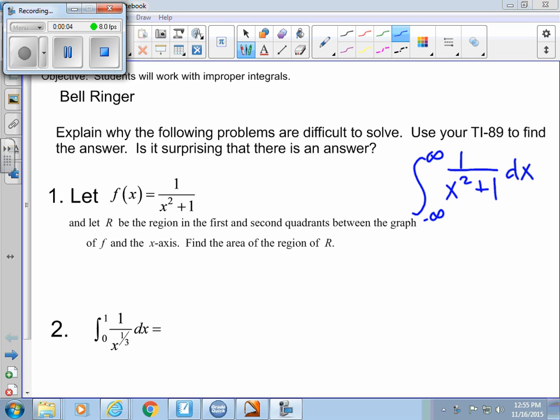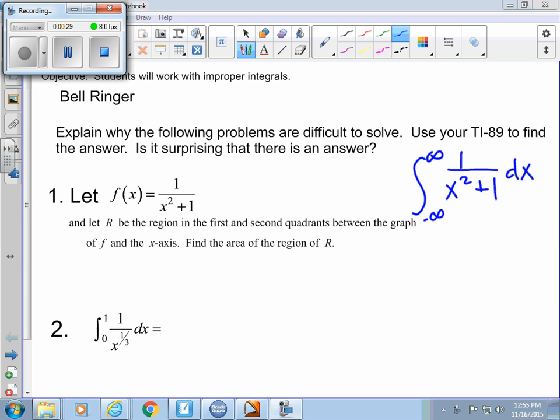That region, 1 over x squared plus 1, is not bounded. So if I'm asked to find an area, I am asked to find an area from negative infinity to infinity. And so that looks like it's impossible. But if you type this in your TI-89, it tells you the answer is 5. Does it say 5? So it's saying the area under that region is the number 5, which you should find